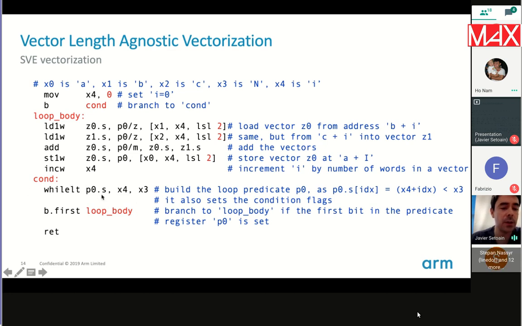This is the first instruction. This is a specific SVE instruction. It is one of the predicate manipulation instructions. It is a while instruction. It is not exactly like a while loop. This thing is going to initialize the bits of a predicate register to 1 for as long as a certain condition holds, in this case,